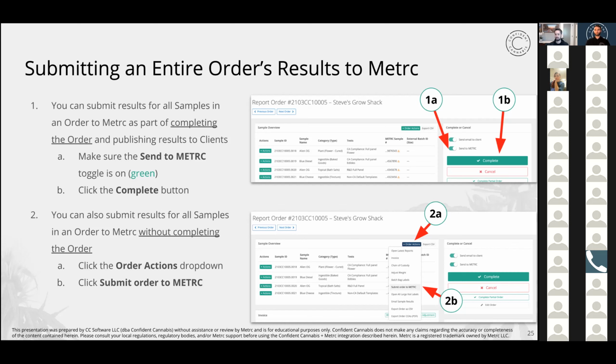You also see a send to Metrc toggle or not. It's defaulted to on. So the default is to send to Metrc because most of the time you probably do. But if you don't, for instance, if this is an order that maybe isn't fully complete, or maybe it's a client that doesn't have a Metrc account yet, or whatever it is, you can just toggle that off. But if it's on and you click complete, then you'll be able to initiate the cascade of steps to submit